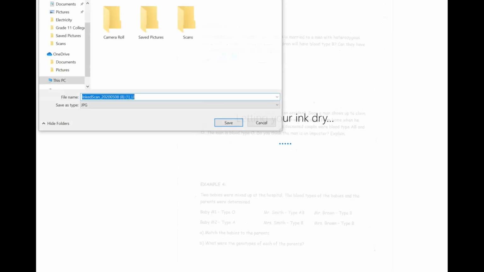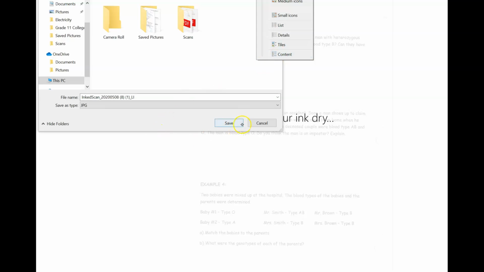A woman with a homozygous blood type A is married to a man with a heterozygous blood type B. What percent of their children will have blood type B? Can they have any children with blood type O? So first of all, we have to write down the